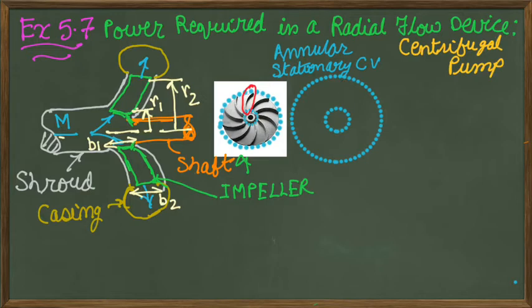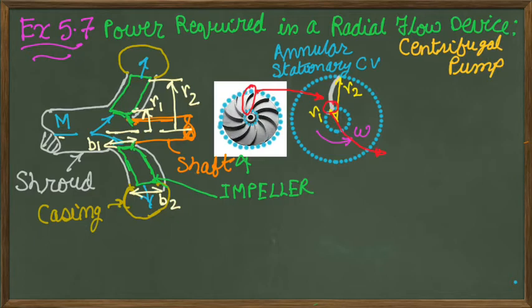So we'll take this control volume and apply the angular momentum analysis for the fluid which is passing across the impeller. Basically we are considering the inlet and outlet of the impeller, and here I have marked one of the blades of the impeller, which will be considered in our analysis. The fluid enters at a radius of R1, and leaves the vanes of the impeller at the radius R2.